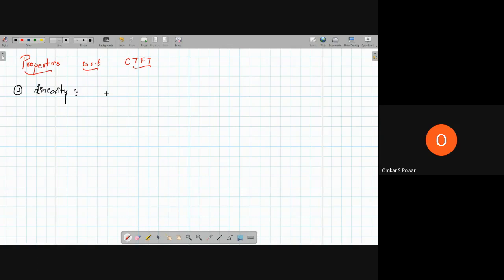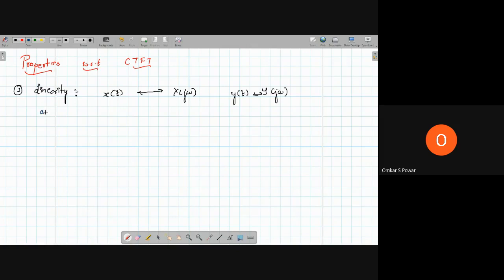So the first thing you have to write for most of the properties: Fourier transform of x of t is X of j omega. Then Fourier transform of y of t is Y of j omega. Okay. So this is the common thing you have to write. Then what does the linearity property say?